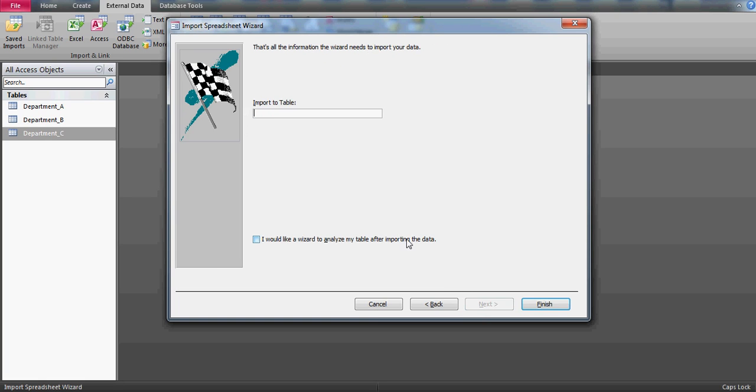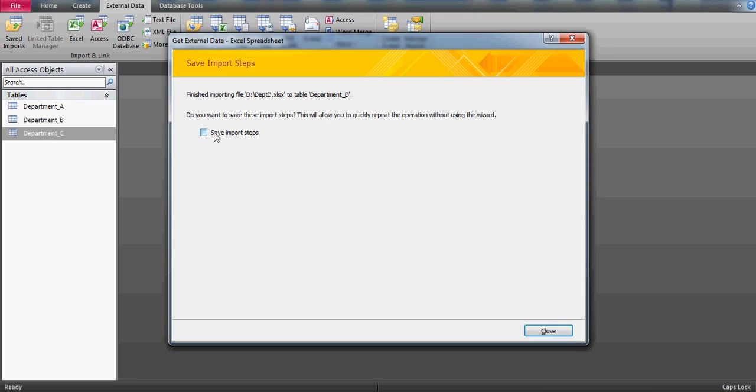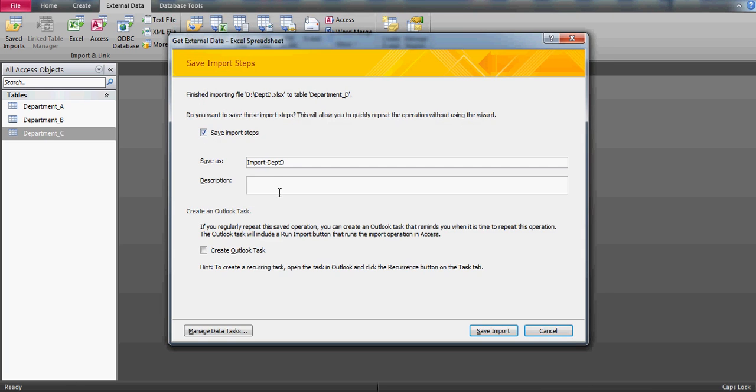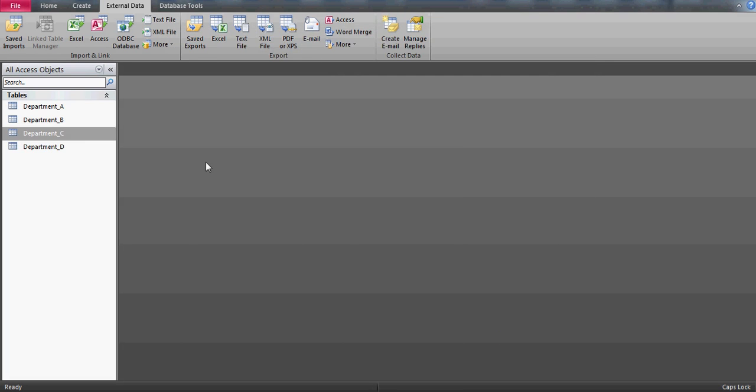And we'll give the name, let's say, Department D, and I would like to finish it, and I would like to save them, right? And if you want to write a description, you can write it, but I will not write it, so simply save import. Now